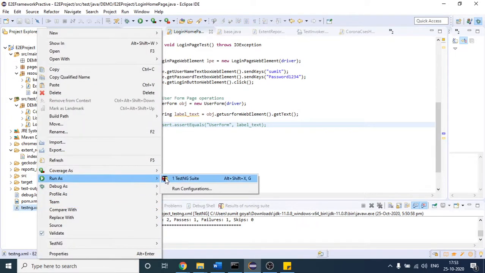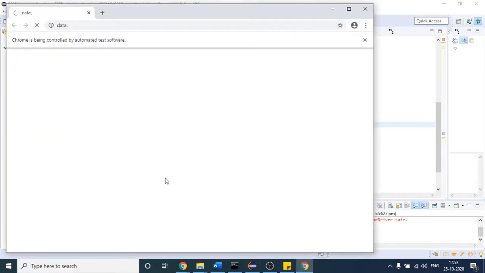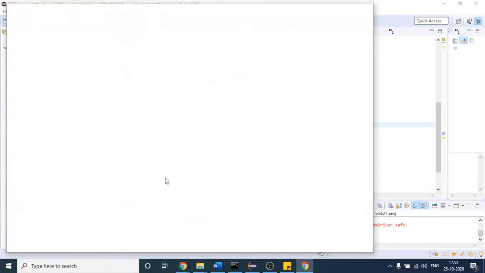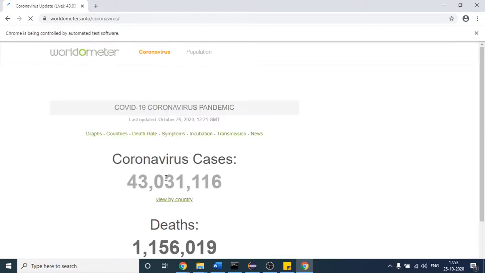So run this. Again, this time none of the test cases will fail. This will also pass.